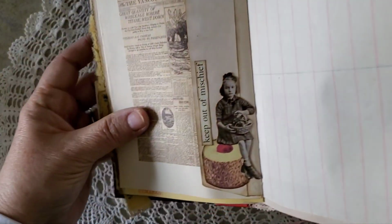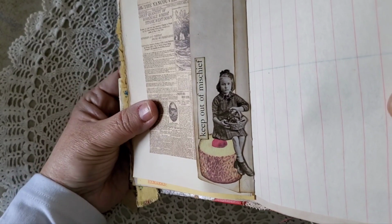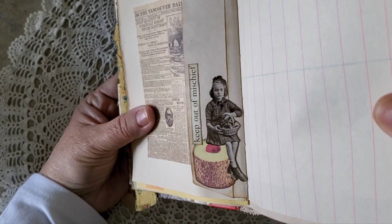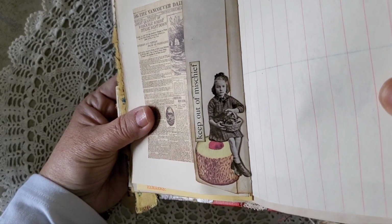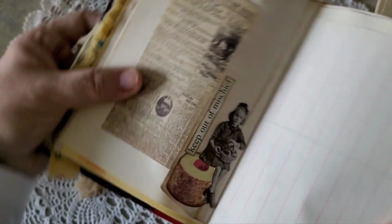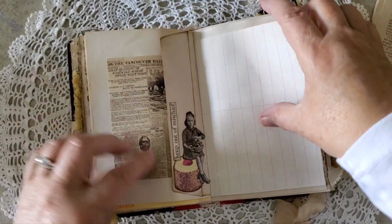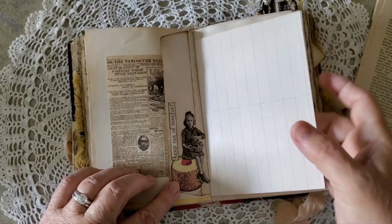I did a little collaging with a little paper doll there that I received in some Happy Mail, and she's sitting on a little petit four, and it says, "Keep out of mischief." And I don't know how you can stay out of mischief when you've got a petit four looking that delicious and that large. So